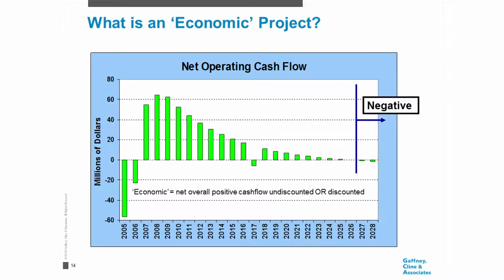Okay. So here I've got an operating cash flow. So basically this is the net cash that we're getting from a project. You can see in the early years here it's highly negative. It's highly negative here because this is when we're doing our development, when we're actually building all the facilities, all the pipelines, drilling all the wells, doing all the activities. Over here now we've got production and we're getting positive cash flow.